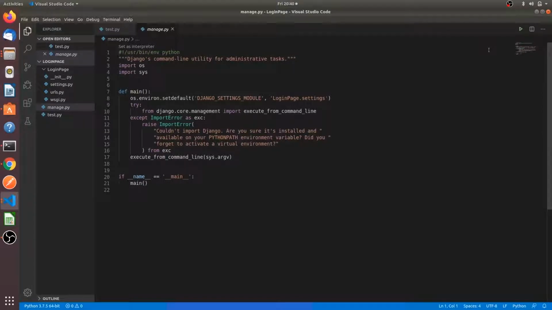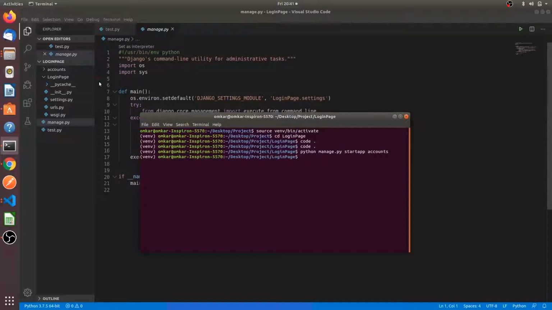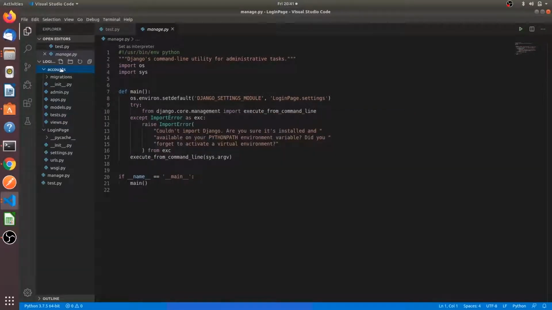First of all, we have to create a module. A module is nothing but a separate set of directories where you can keep your code separately. Don't worry, I will explain it to you as we go through the process. To create a module, the code goes: python manage.py startapp. This creates our module. You have to give the module name, which is accounts. You can see here that a new module named accounts has been created.